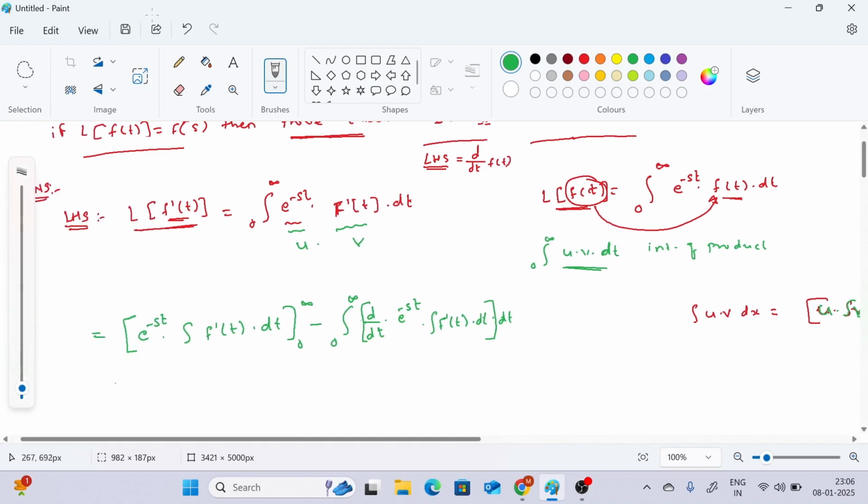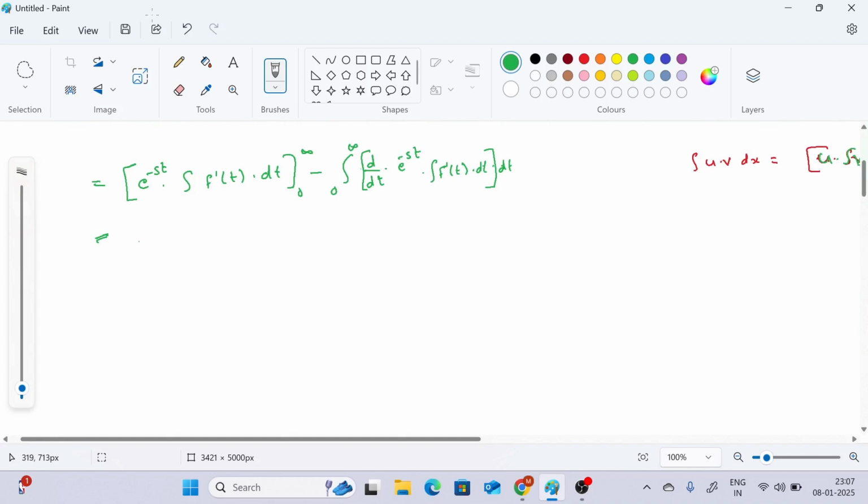Okay, is equal to, okay, what I will get, e raised to minus st. Now integration of f dash of t, integration and derivative are opposite to each other, means an integration and a derivative cancel